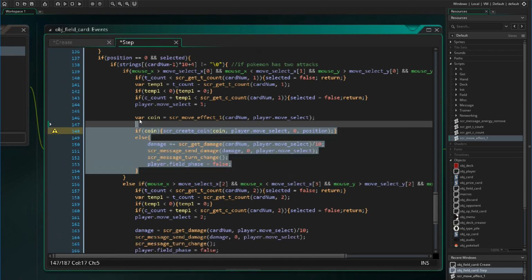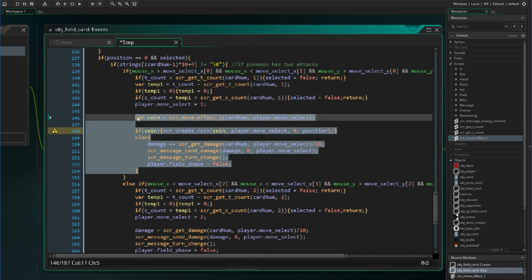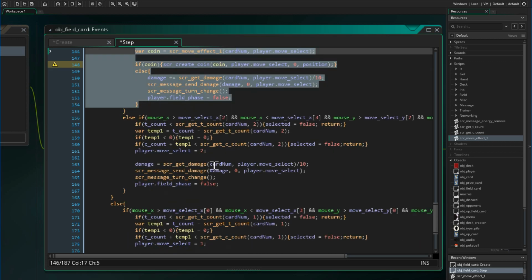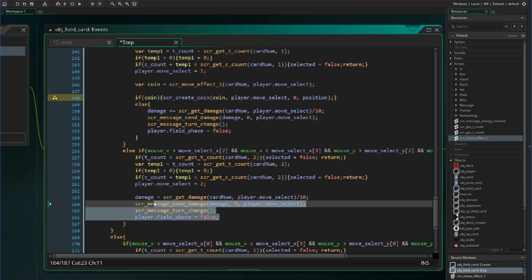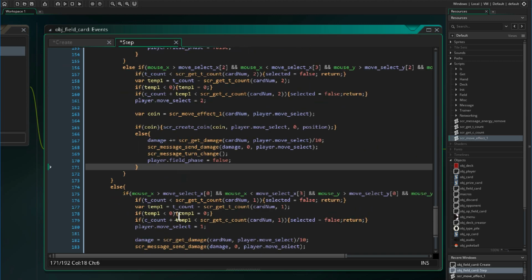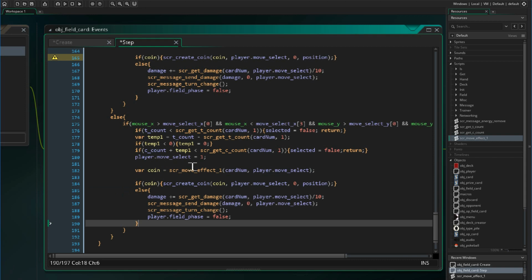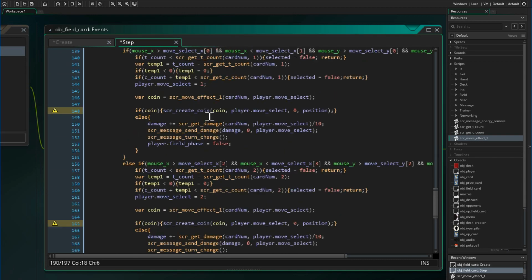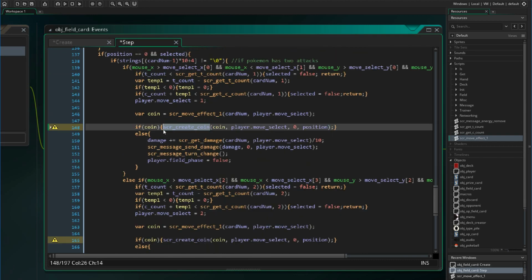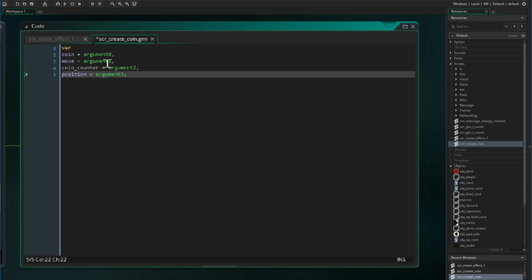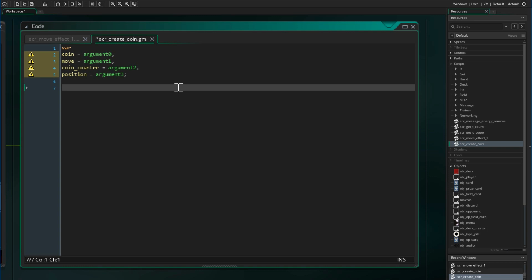Now we also want to copy this over to all of the subsequent move selections. And now we can create the script called createCoin. So we are going to pass it 4 values, and then we are going to create the coin object,